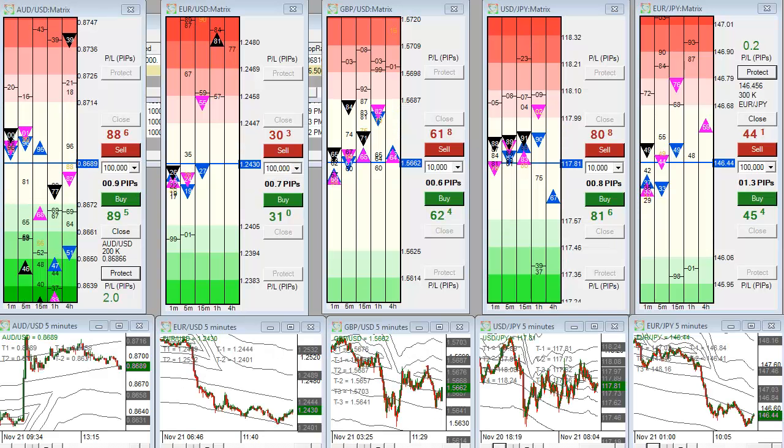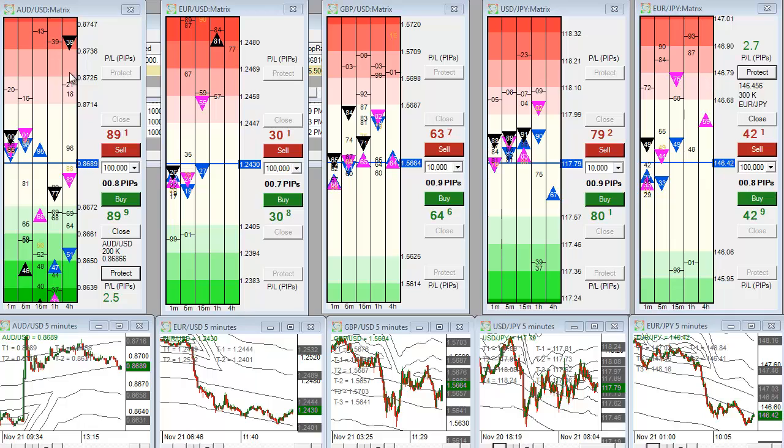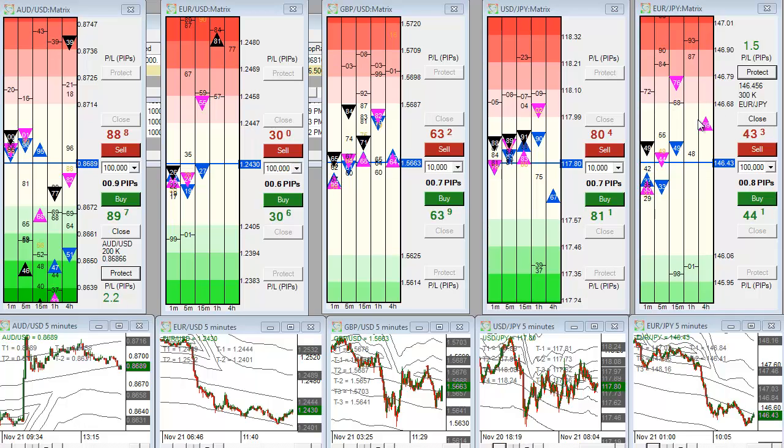Alright guys, I just took shorts on Euro Yen and longs on Aussie dollar, both active trades, just playing off of the overall direction we've seen in the market today. Typical 5-point stop set on each of them. So Euro Yen I got a stop at 50.6 and Aussie dollar I have a stop at 81.6. If we get up about 4 to 5 points, we'll move to break even